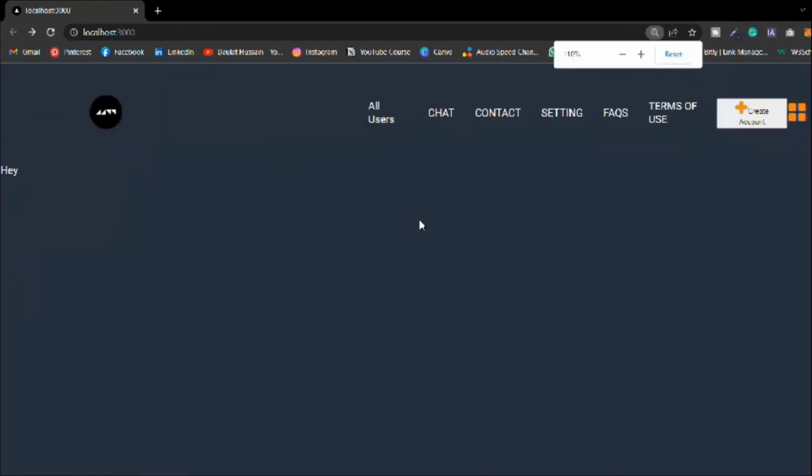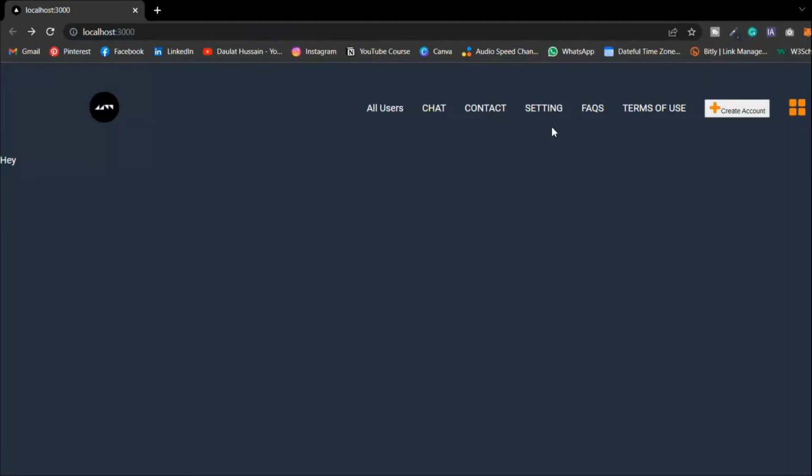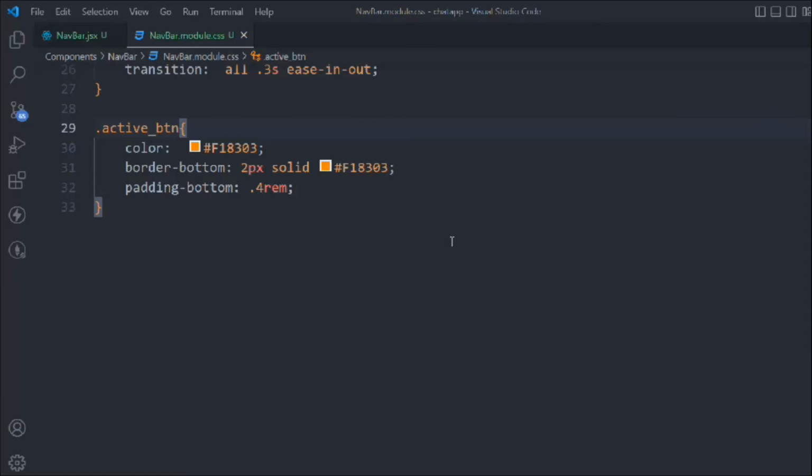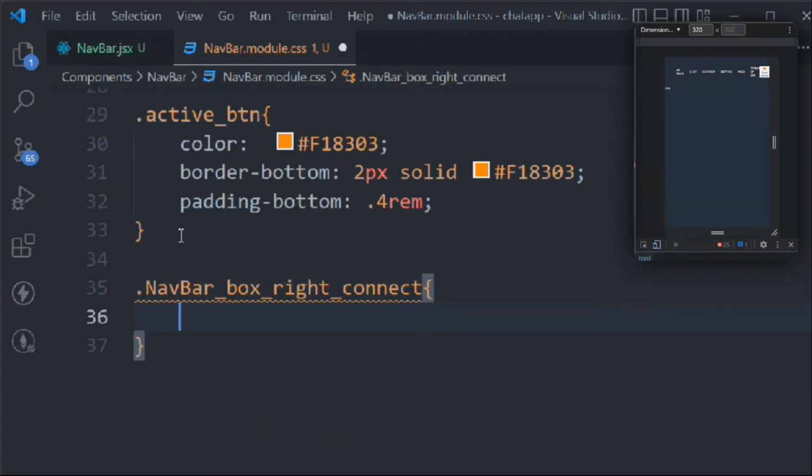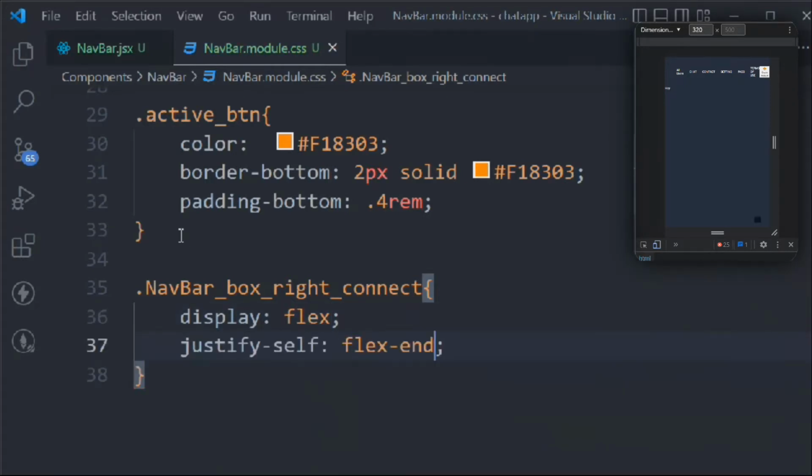Let's zoom out. Okay, now you can see this is how it will look. Perfect. Okay, let's continue working. We'll see what's the matter. We'll target the NavBar box right connect, display is going to be flex, justify self is going to be flex-end, and